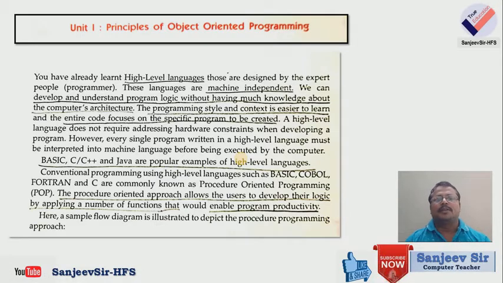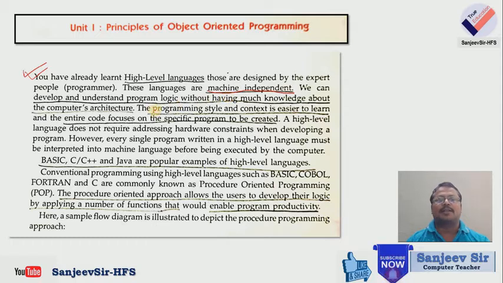So here, as given in the book, at first the concept of high level languages and how it is working. We know that when we are working with a computer system, we write some program. We write in high level languages, and when we write in high level languages, we need to convert our program logic into a form that the computer can understand, that means machine dependent form, because a high level language is machine independent.